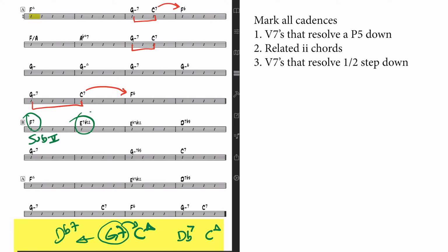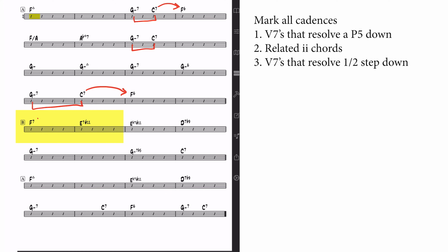That's a sub-5 to 1. And it's always the case that the root movement is a half step downward, D flat to C. This is exactly the movement from F to E here. So I'm going to mark these movements of a half step down from a dominant chord with a dashed arrow like this. And the same goes to the E7 resolving down a half step to E flat 7 here, and then to D7 here. Now D7 resolves a perfect fifth down to G minor 7, so I'll draw a solid